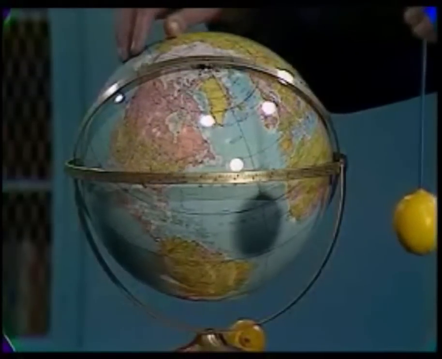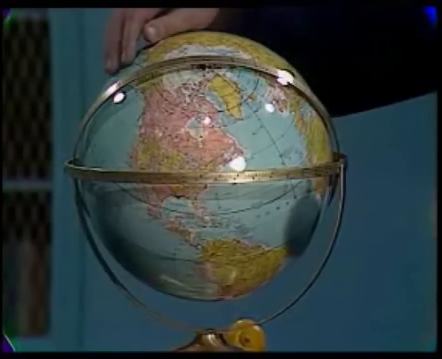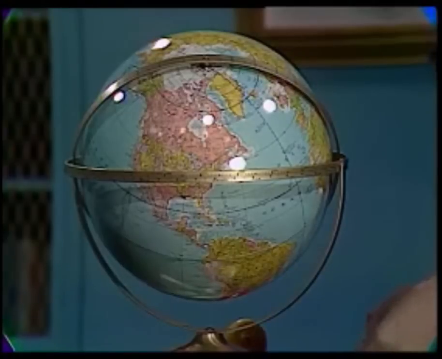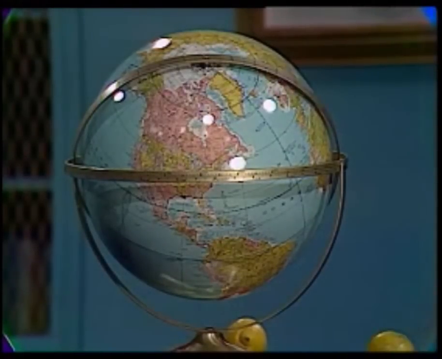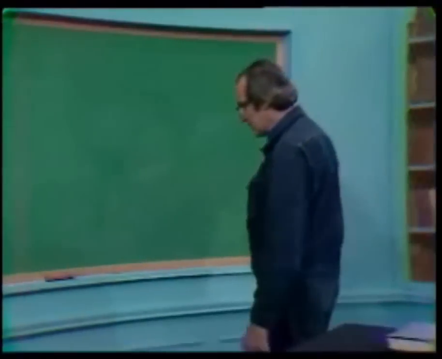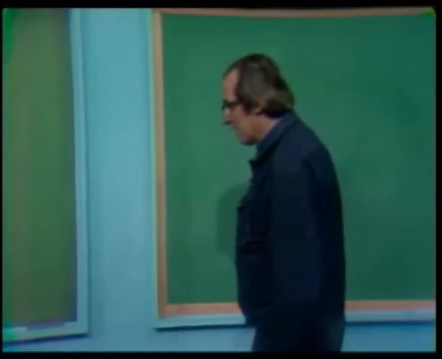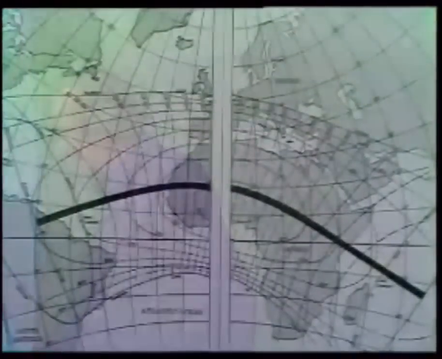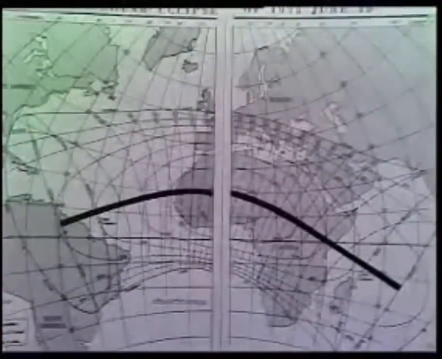It cuts across Africa and ends at sunset in Madagascar. We have a description of the path of the total eclipse of June 30th here on this card that is taken from the American Ephemeris and Nautical Almanac, that